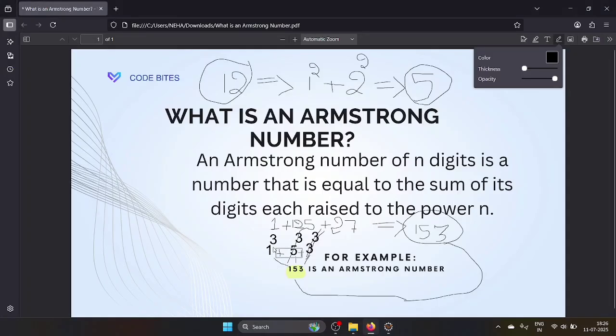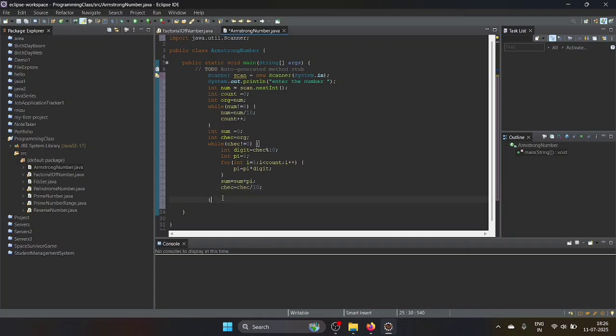Then last digit, what is this one? 5, right? Sorry, 1, right? 1 to the power of 3. Then we need to find the overall sum, and this part is over. Now we need to check if original equal to sum, then we are getting the number, right? After sum we are getting one number and we are storing it in one variable called sum. Check if both are same. We can say that